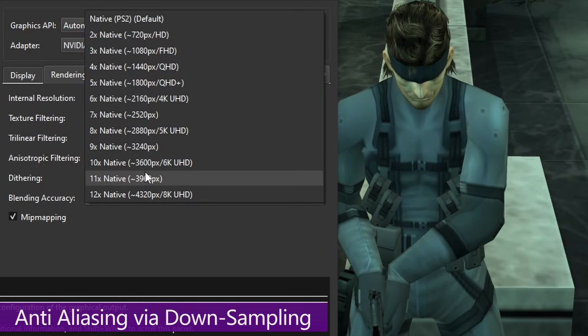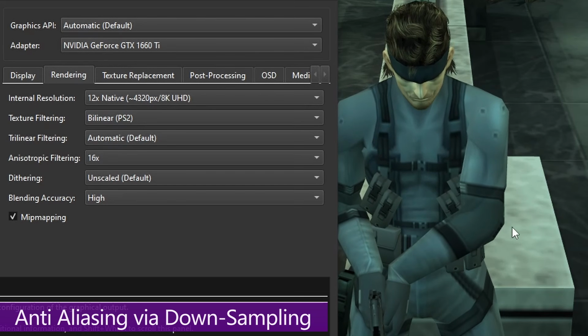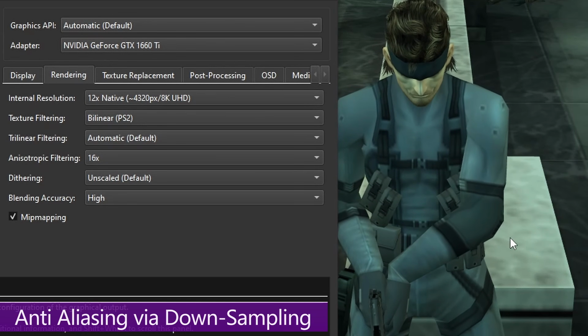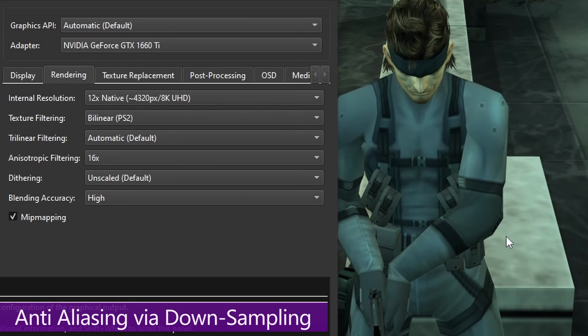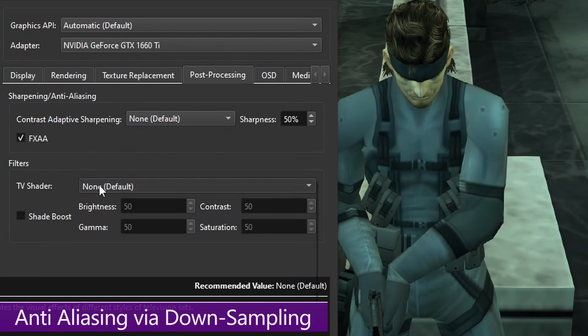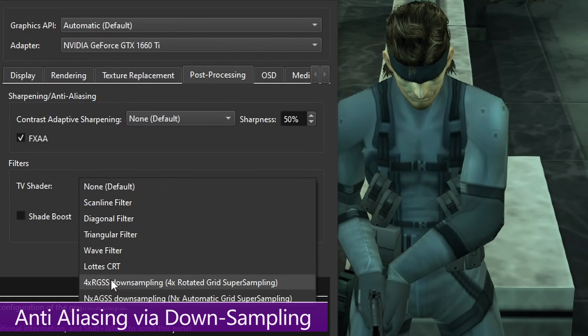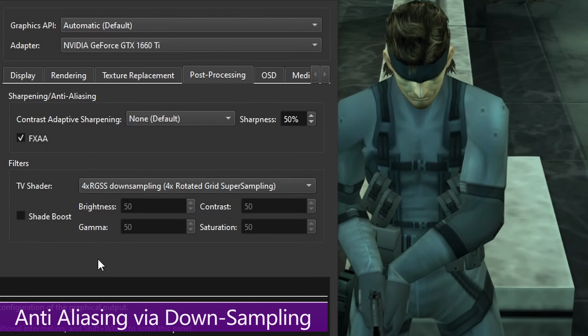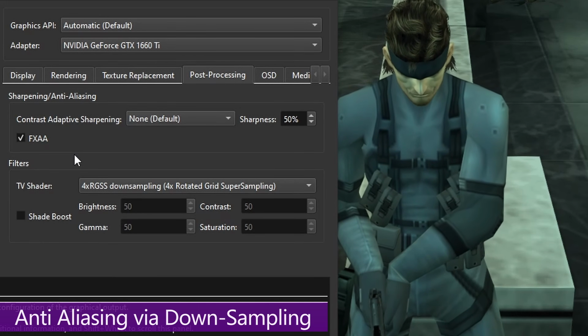And the higher you set your internal resolution with downsampling, the more anti-aliasing will be applied. So at 12x, it pretty much completely removes all of the jaggies entirely. So realistically, it's FXAA up to about 4x, and 4K and up, you should be using downsampling. But there's nothing to say that you can't use both at the same time for even more anti-aliasing, irrespective of